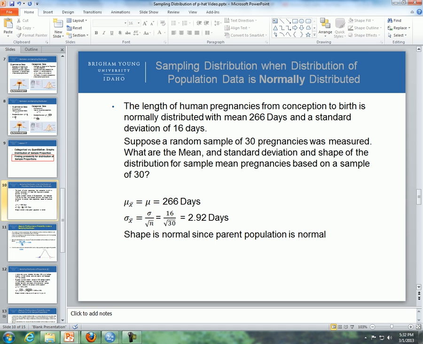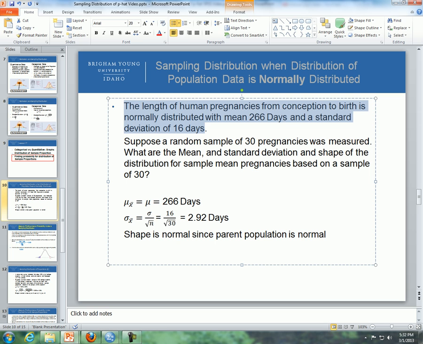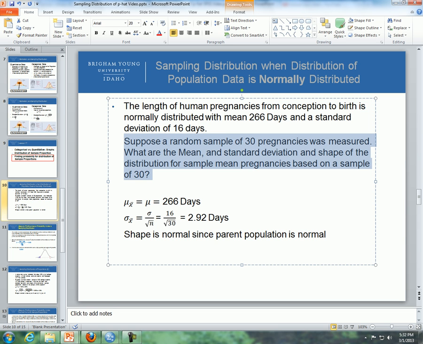Okay, so what I'd like to do is deal with the distribution of sample means. For instance, the length of a human pregnancy from conception to birth is normally distributed with a mean of 266 days and a standard deviation of 16 days. Suppose a random sample of 30 pregnancies was measured. What is the mean, the standard deviation, and shape of the distribution of sample mean pregnancies based on a sample